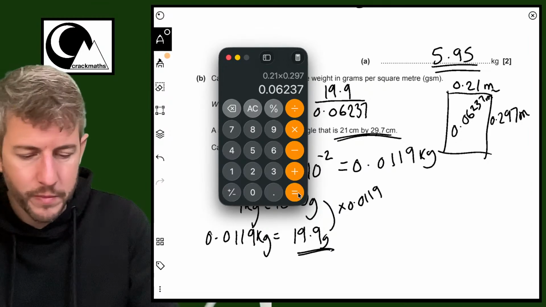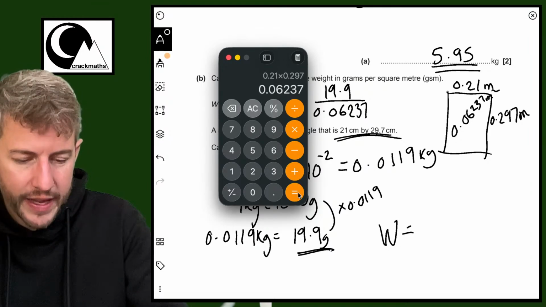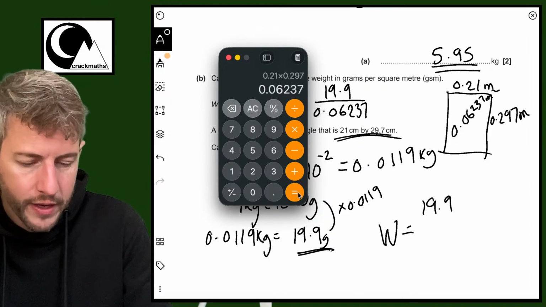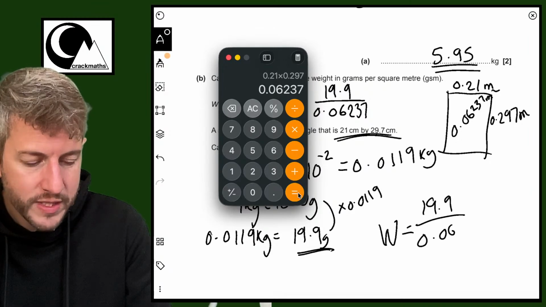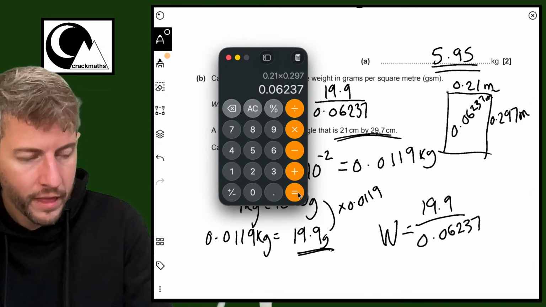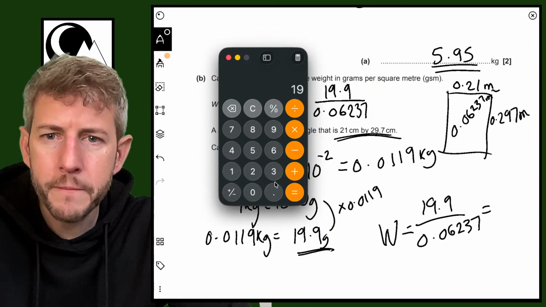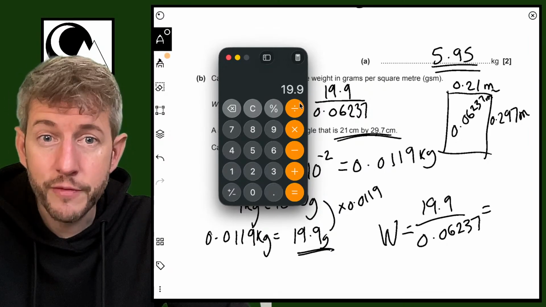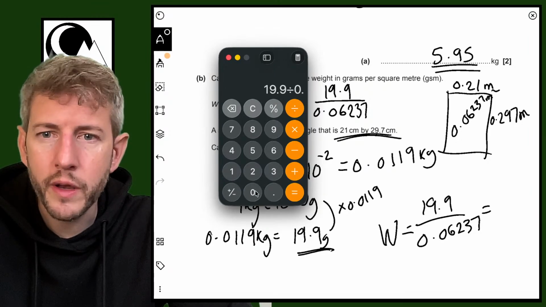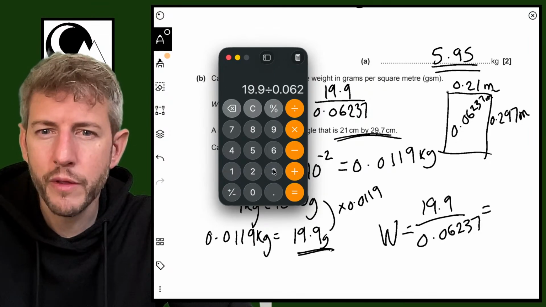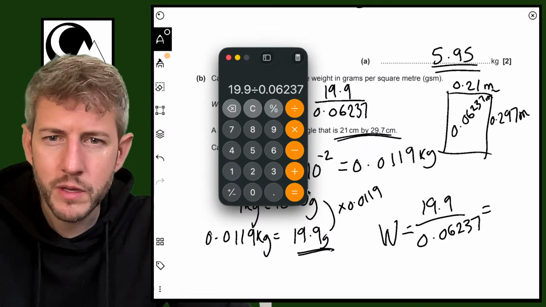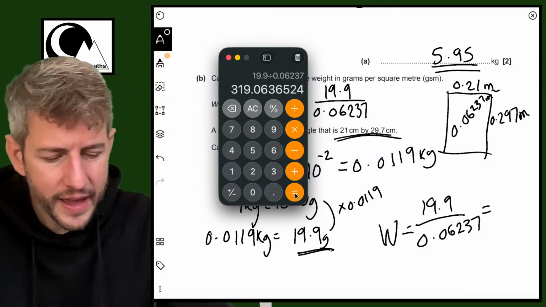0.6237 on the bottom. So there we go. So our W is going to equal 19.9 divided by 0.06237, and then we can just work this out here. So we've got 19.9 divided by 0.06237. There we go, and that equals